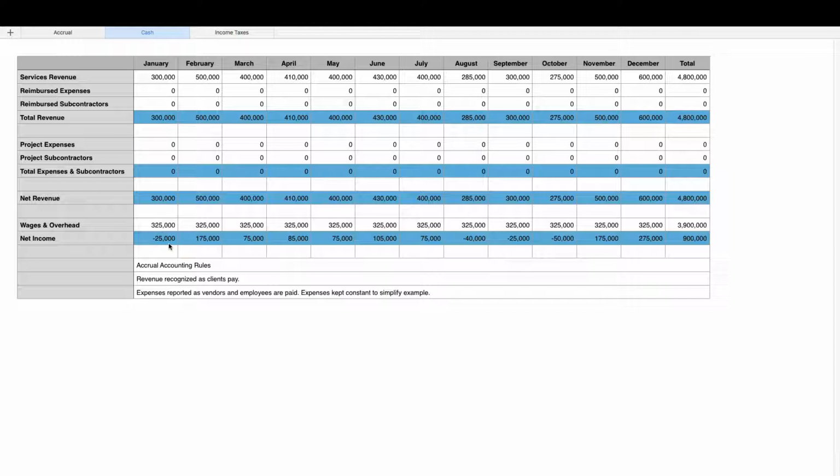To keep the example simple, we left wages and overhead flat, but let's look at these net income numbers. If we were going to look at these net income numbers just based on cash, in January we're thinking we're in trouble because we lost money. And then February we're celebrating because we have this great big net income month. And then we get down to August, September, October where those payments started to slow down. We have losses for 3 months in a row, but then followed up with some huge net profits for